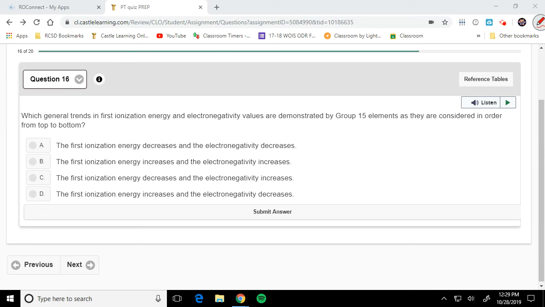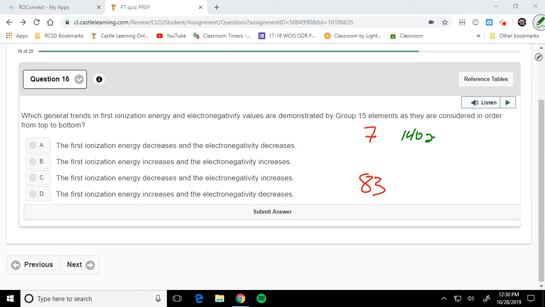Which general trends in first ionization energy and electronegativity are demonstrated by group 15 elements as they are considered in order from top to bottom? Okay, well, I'm going to have to pick 2. It's going to be another one of those look it up questions. Group 15 from top to bottom. So I'm going to pick nitrogen, which is element 7. And I'm going to pick Bi, which is element 83. And I'm going to look up the 2 things, first ionization energy and electronegativity. So for element 7, I have